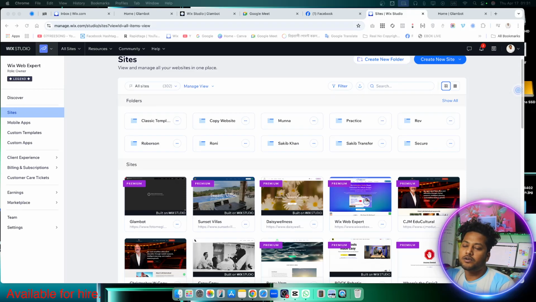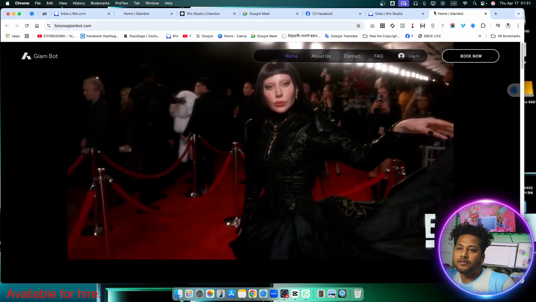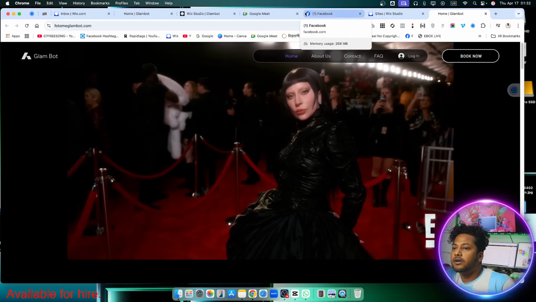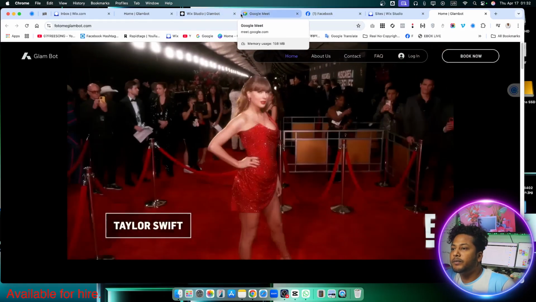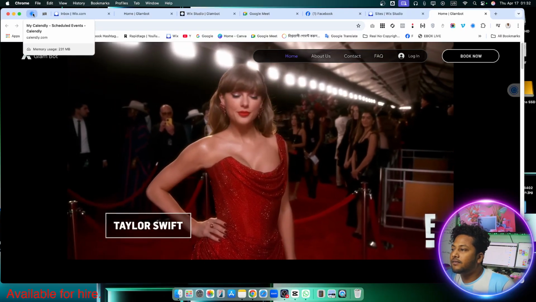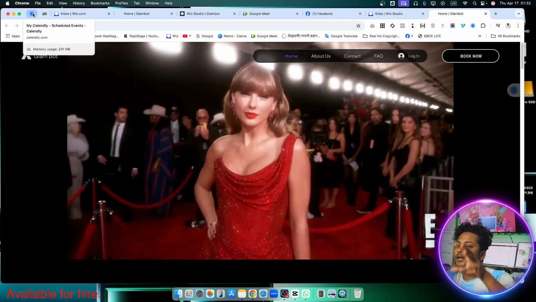In this video, I will show you how you can change the favicon on your website. I have done a website called Glambot, and you can see this website does not have any favicon icon. You can see Wix has a favicon, Facebook has a favicon, Google Meet has a favicon, and Calendly has a favicon. Every website has an icon that shows on the browser